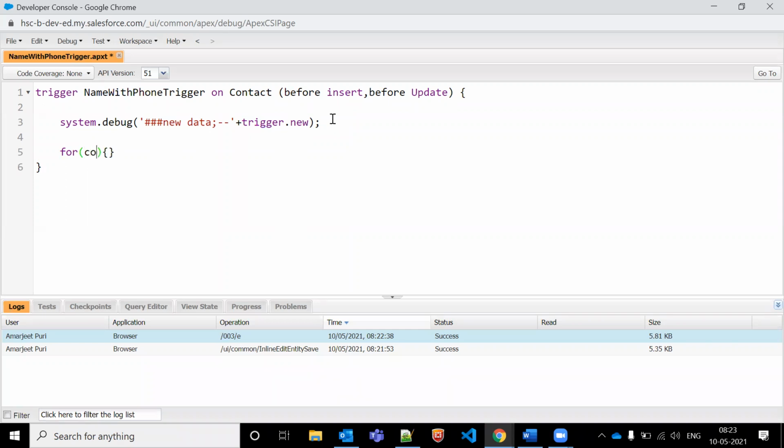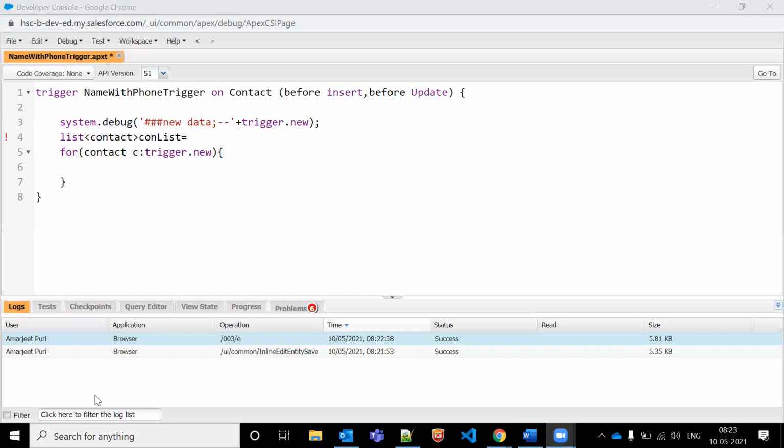In which object are we writing the for loop? It's a contact object. And whatever data we are getting in trigger.new, or else you can do one more thing here: you can directly say list of contact phone list is equal to trigger.new.